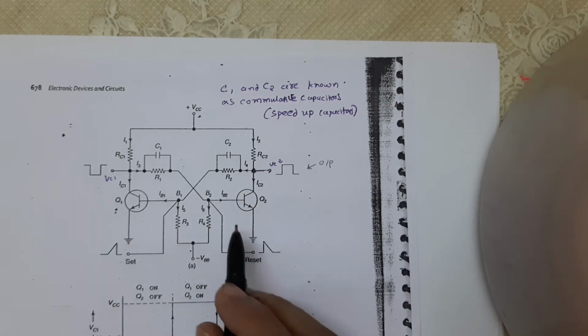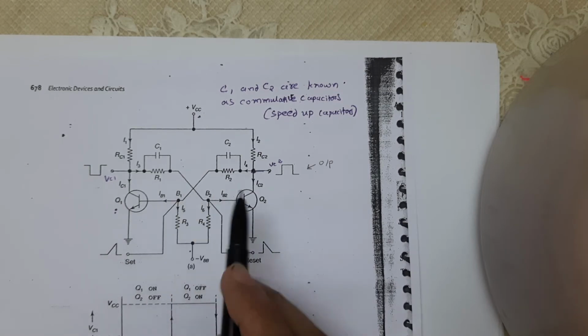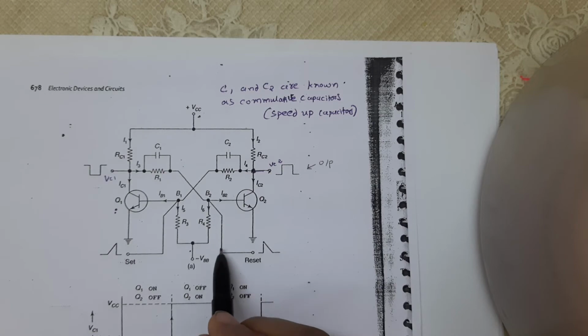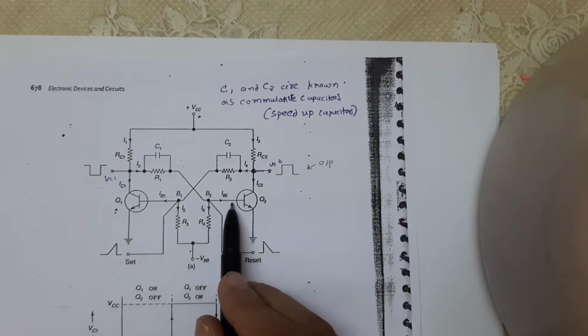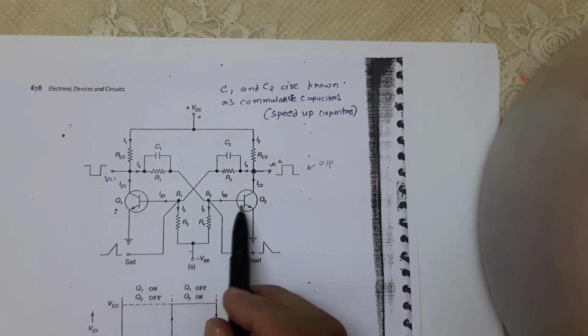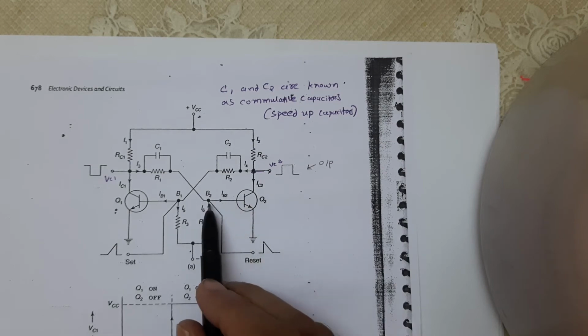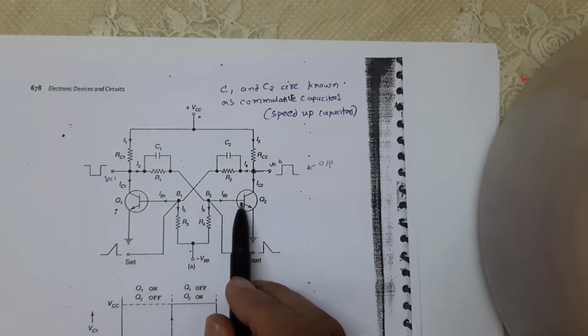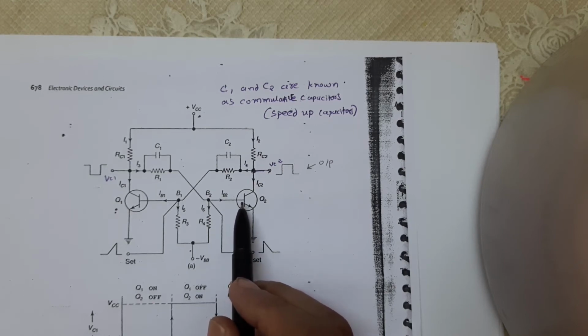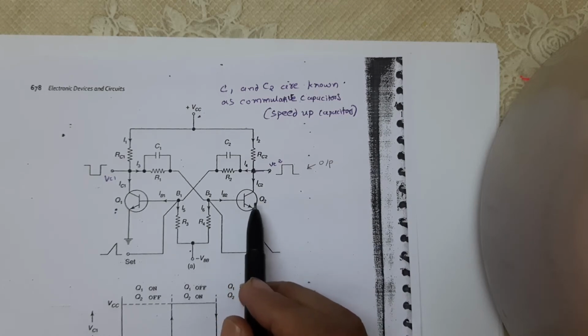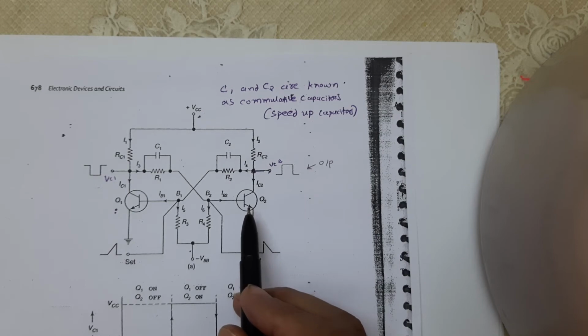Hence now we reset the state, that means we change the state. We are applying this trigger pulse to the base of the transistor Q2, right? What happens when we apply this? Then Q2 is on. Why is it on? Because the necessary voltage is given to the base of transistor Q2. A positive triggering pulse applied to the reset input increases its forward bias, thereby turning transistor Q2 on. Hence Q2 is in on condition, with an increase in collector current and decrease in collector voltage.